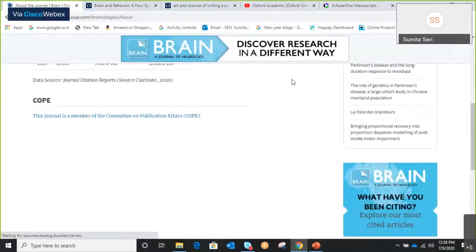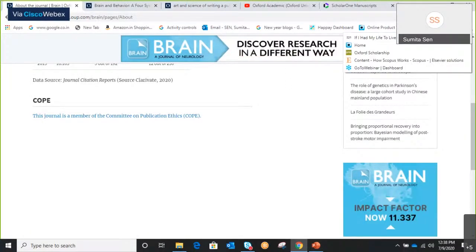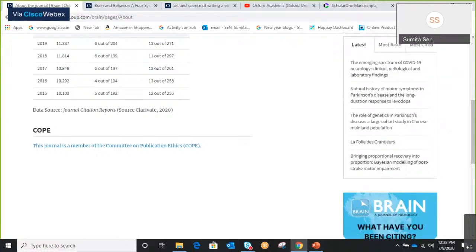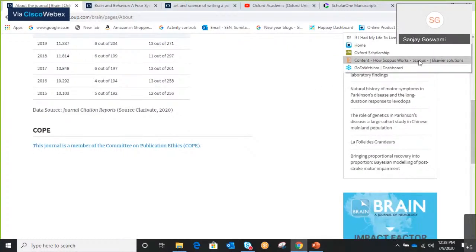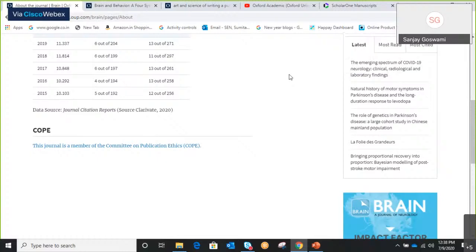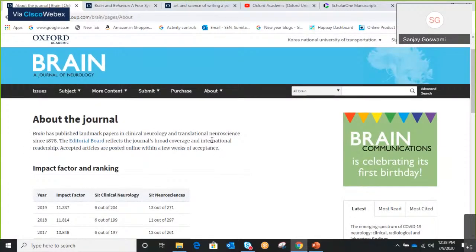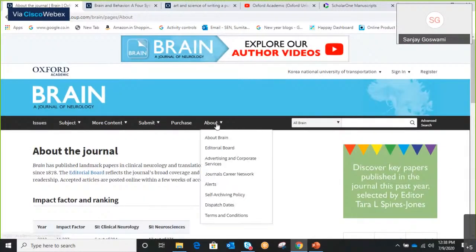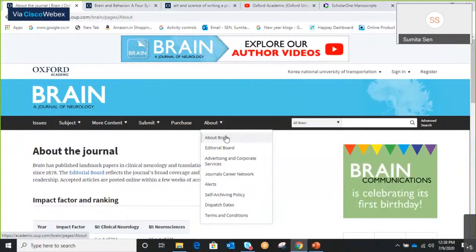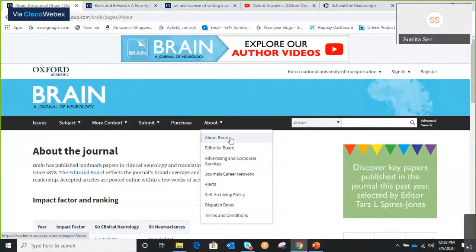See, the way I find it is I've downloaded the Scopus sheet. I'm sure if people are from any institution, they can request their library to share this information also. Yes, it's there in About. But I generally take the information from the Scopus Excel sheet. That's how I pull it up. So if you want, I can mail the list to you.